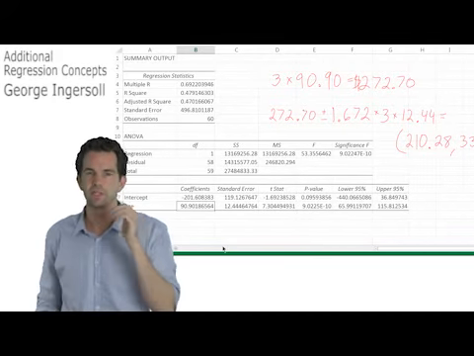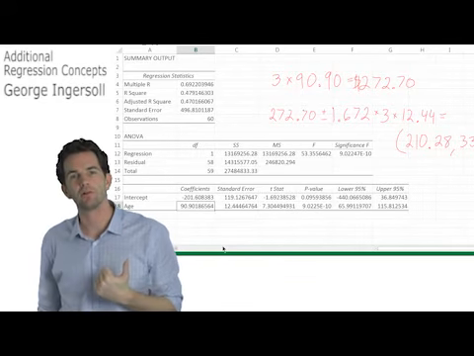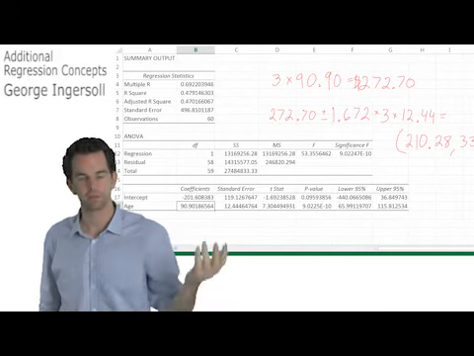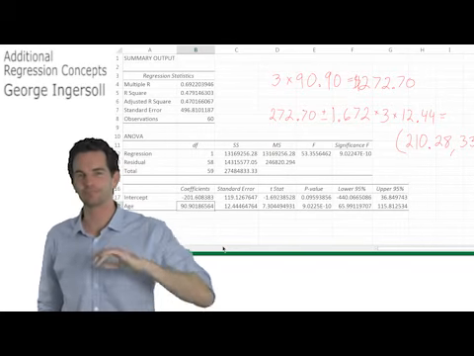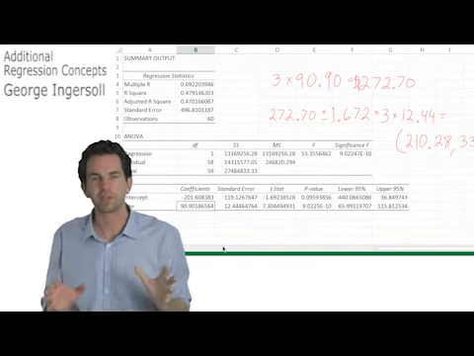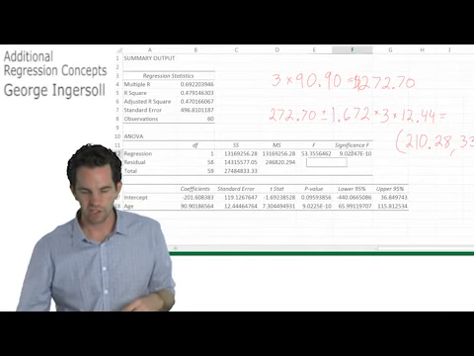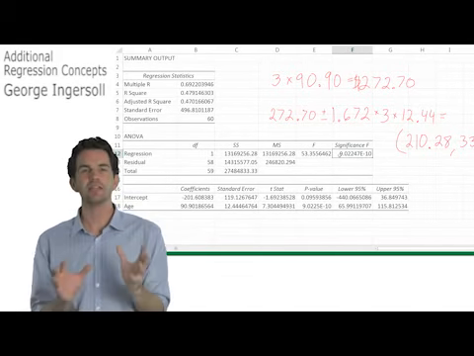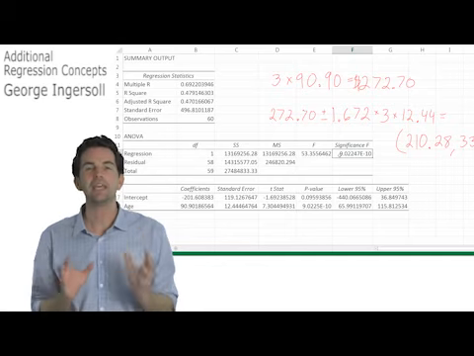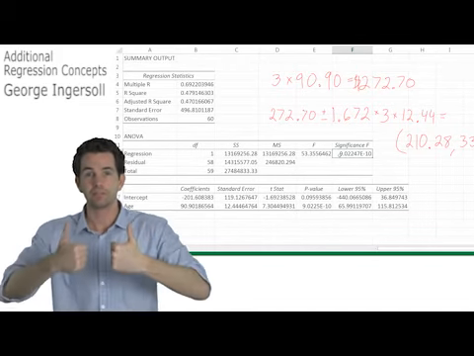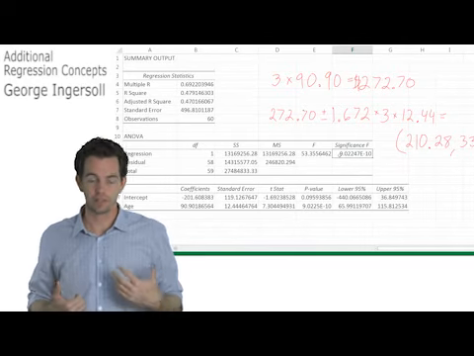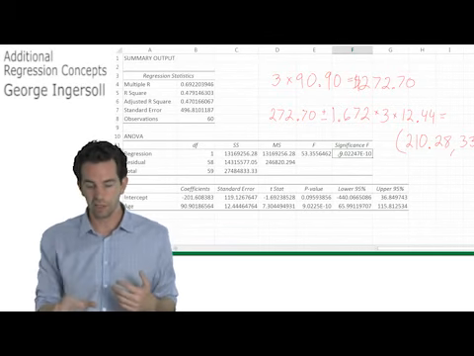So it doesn't tell you whether any one specific variable works. It's sort of the whole thing. Does the whole thing work? And so the F-statistic, we're not going to get really far into this. The main thing I want you to understand is looking at the significance of the F-statistic. The significance of F is like the p-value for a coefficient. If it's low, that's good. And basically it says, for instance, if it is below